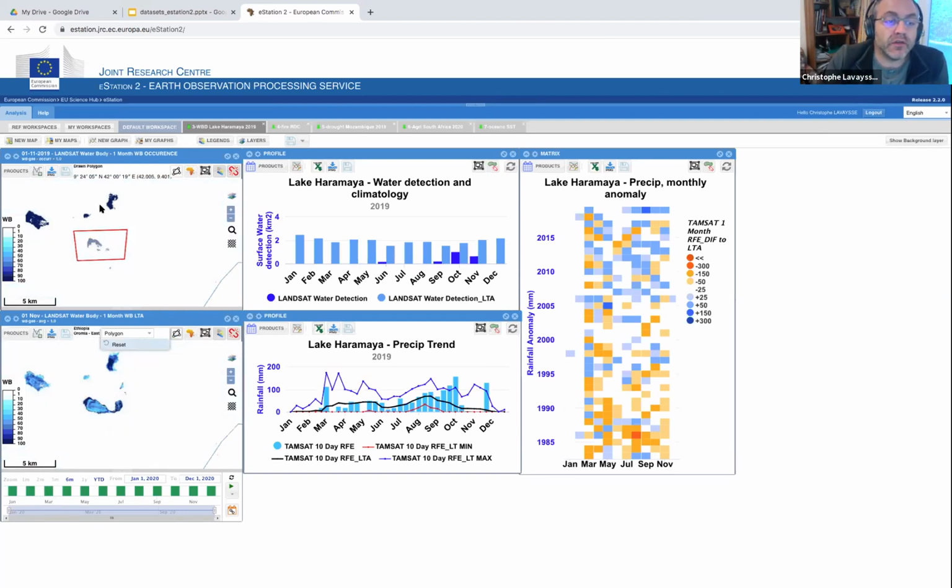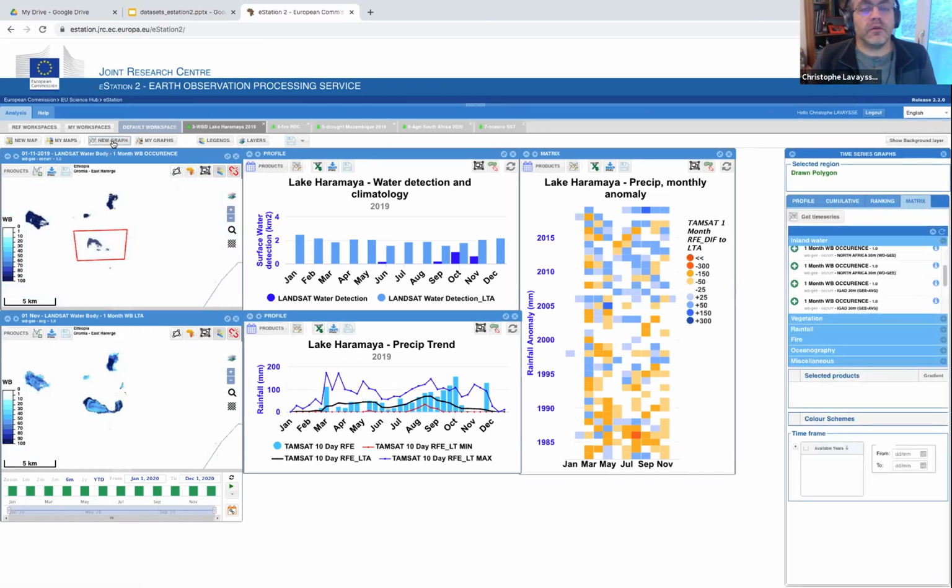The purpose is not to analyze specifically, it's more to see the functionality. So you can select all the lakes, a wider region than mine. And when you have drawn this rectangle, you can create a new graph,